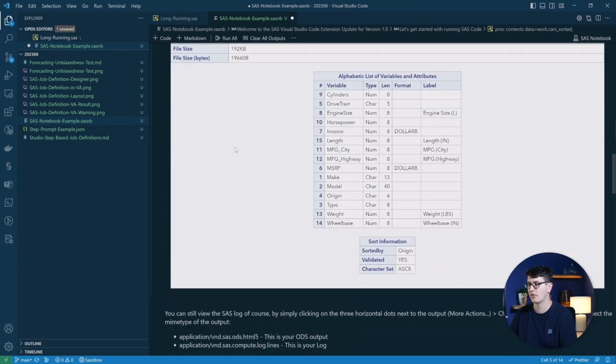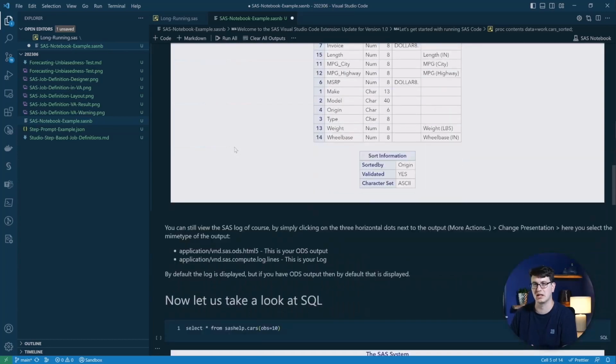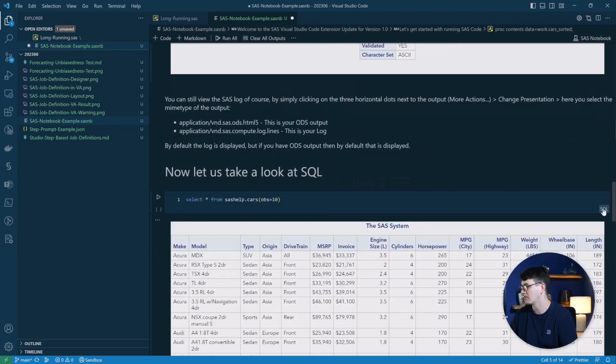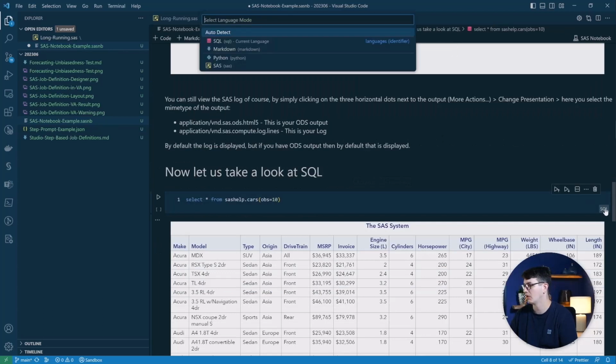And of course, as I said in the beginning, not only can you run all your typical SAS code in here, you can also make use of an SQL cell. The SQL cell, which you can see here in the right-hand bottom side, is this little language tag where you can also click on and change the language. You can use auto detect or manually select the right language for your use case. So here we saw SAS before, now we're switching to SQL.